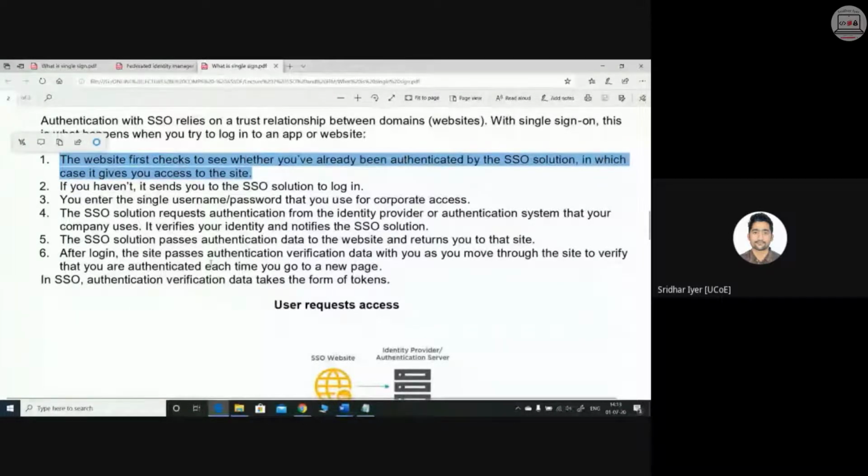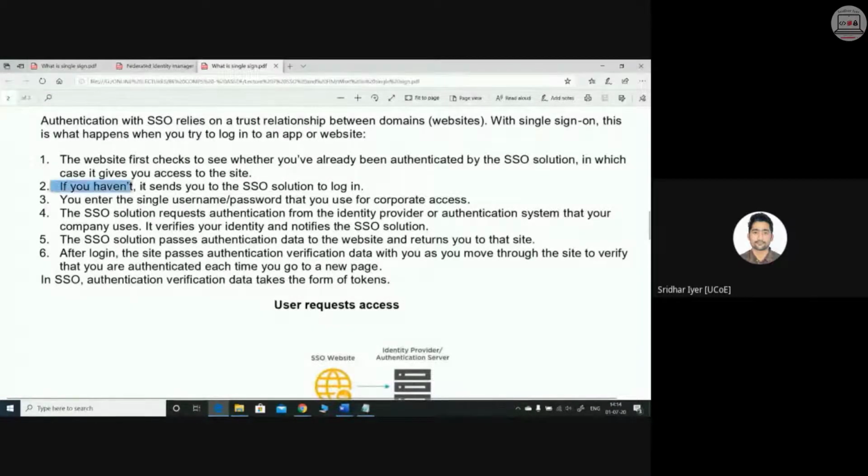If you are authenticated, then YouTube will simply log in your account and give you services. But on the other hand, if you're not authenticated, what will happen? If you migrate from YouTube to Gmail, again Gmail will check. It will not ask you. It will simply check in the background whether you are already logged in. If you are logged in, then it will not send you any notification or message to log in. But in case you have logged out of YouTube before moving to Gmail, then only it will ask you for your authentication. You're getting my point? So once you are authenticated by Google, you won't be required to log in each and every time. That is point number 2.